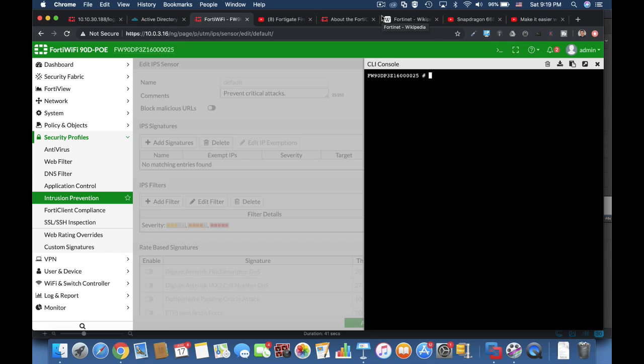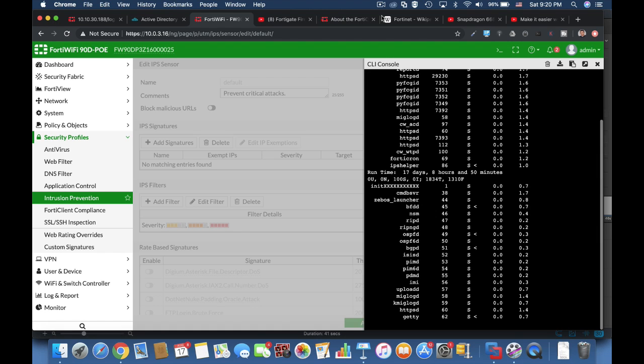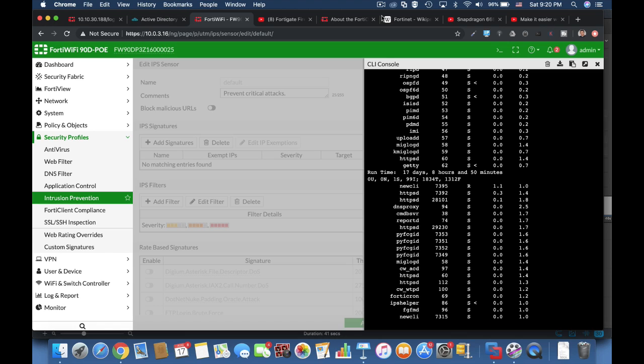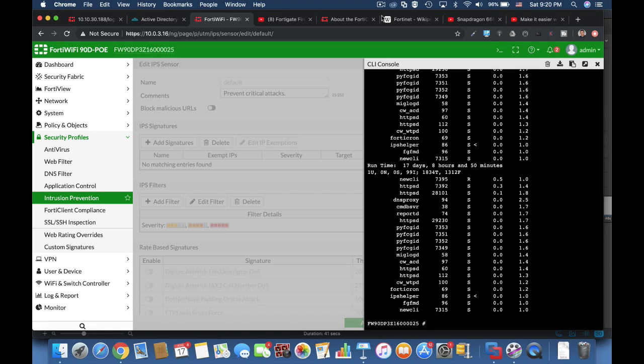There are some different ways to sort the processes that are running on your Fortigate, but one of the most popular diagnose commands is the diag sys top command. Now, whenever you launch the diag sys top command, you will see the different processes that are currently running on your Fortigate. Now, you can filter those processes using the diag sys top, and now you can set up a number,